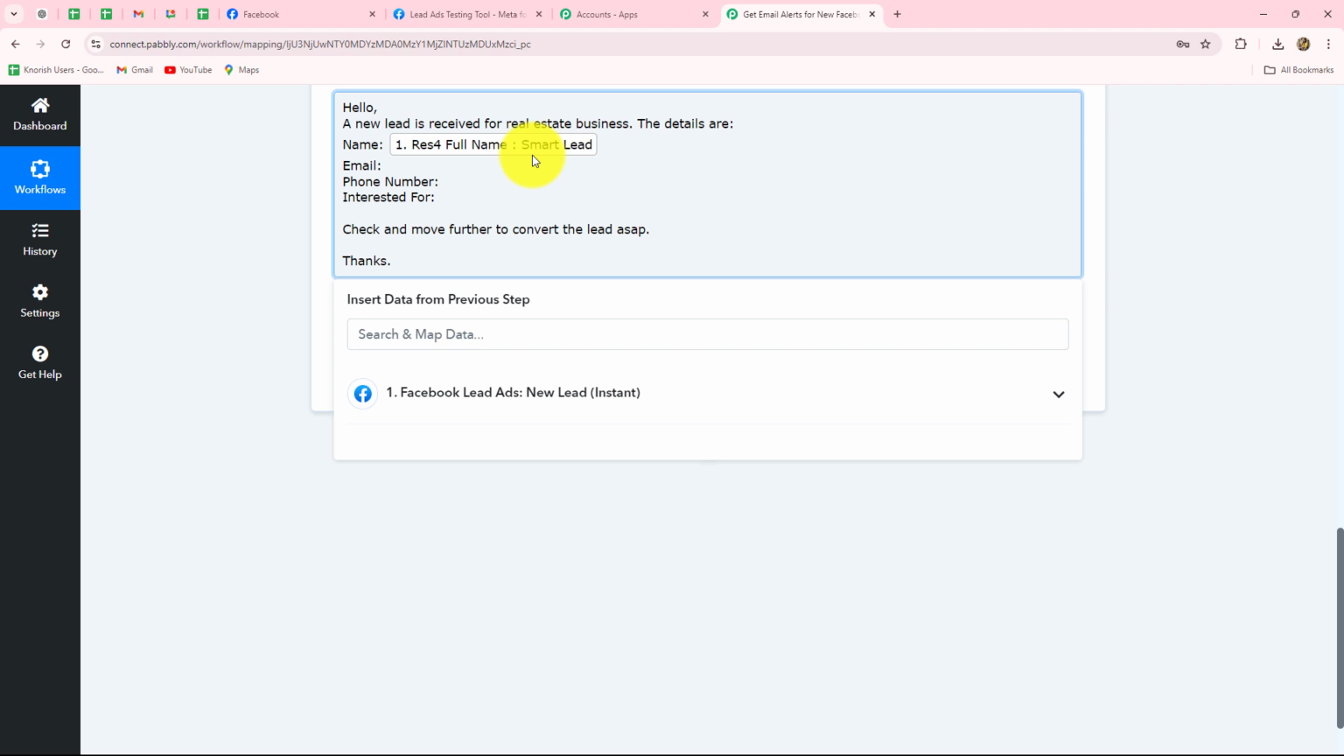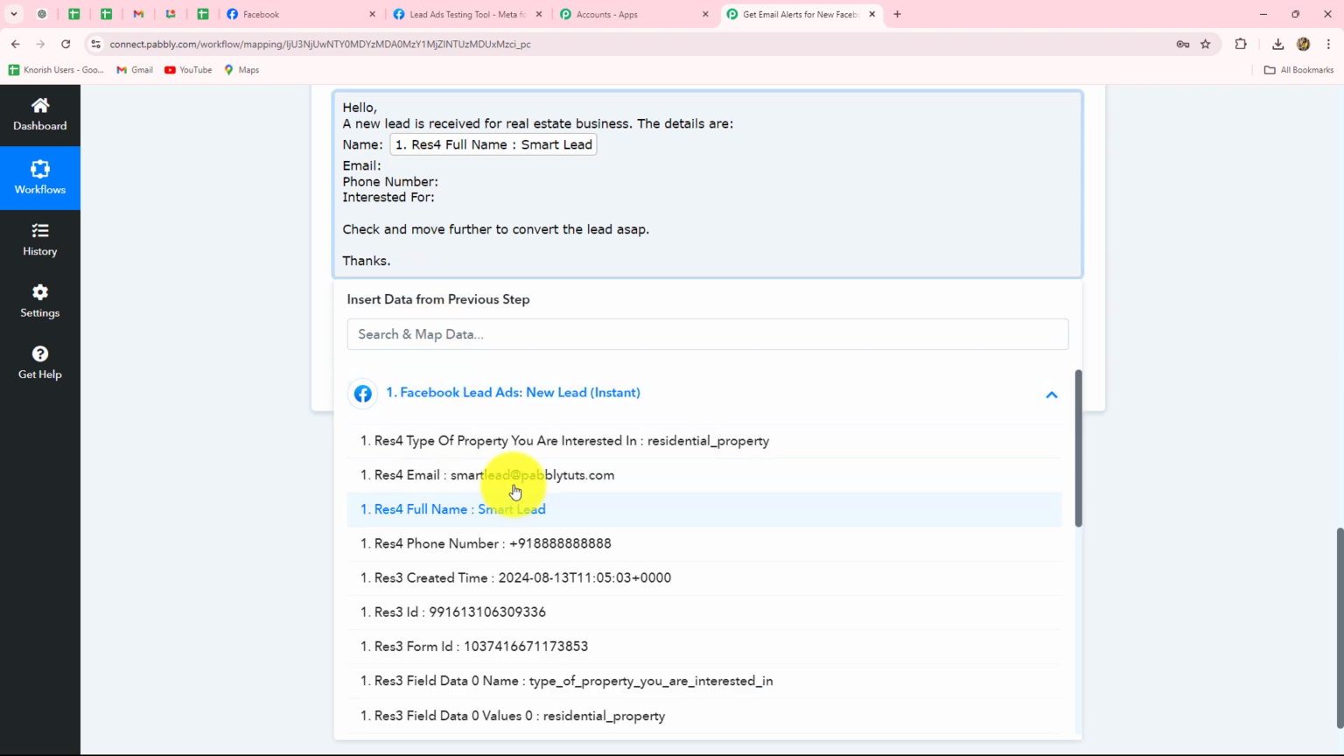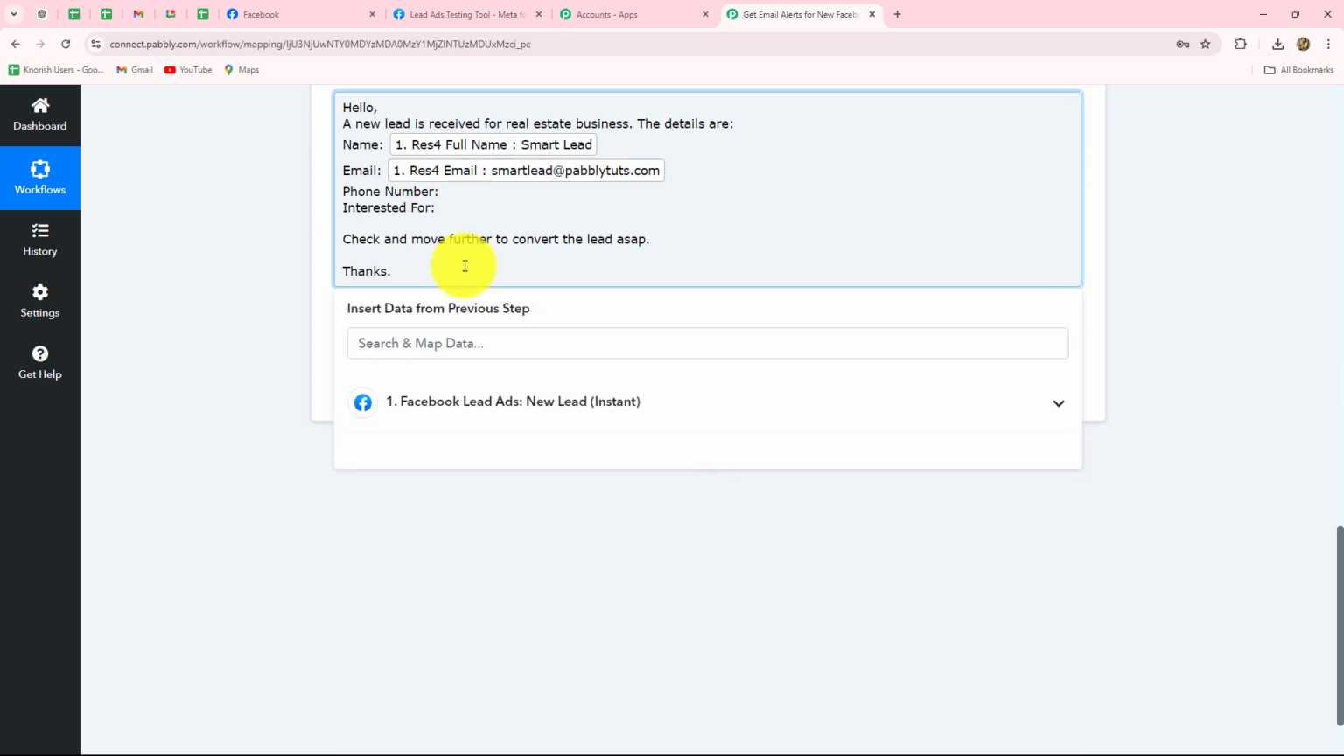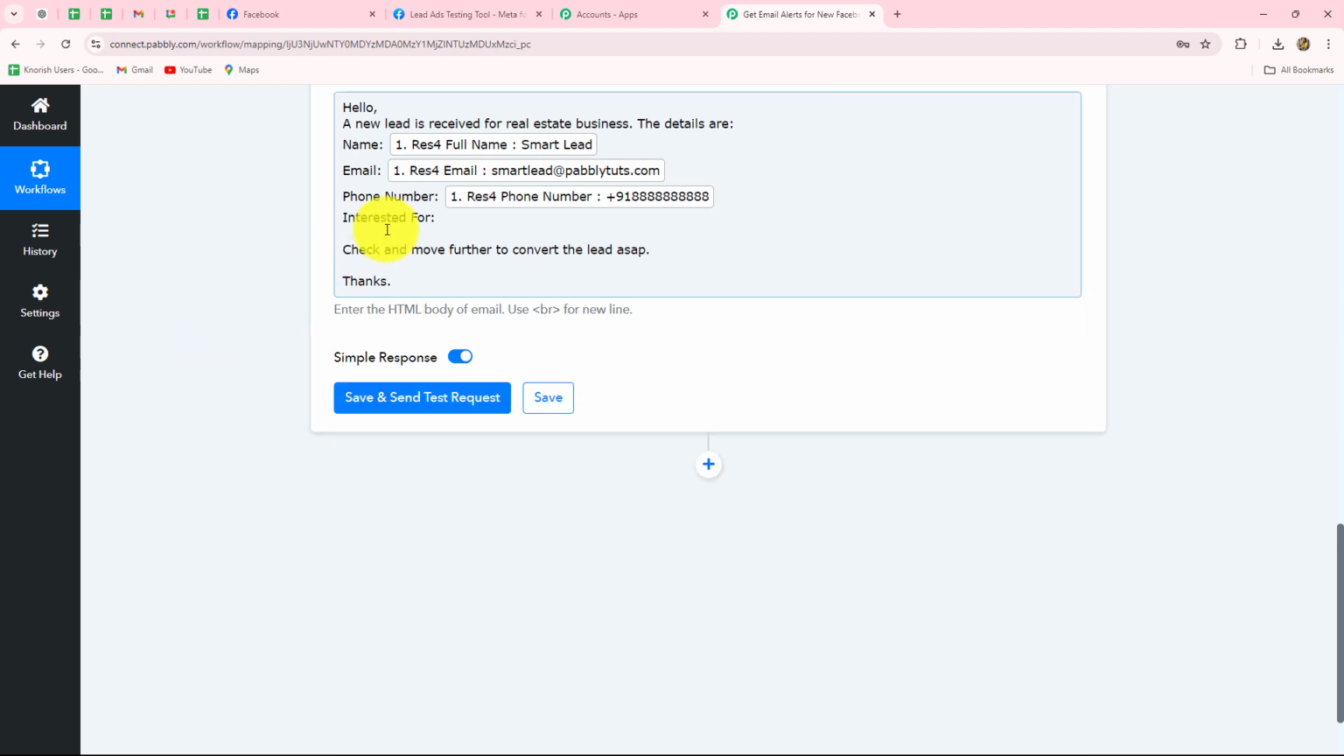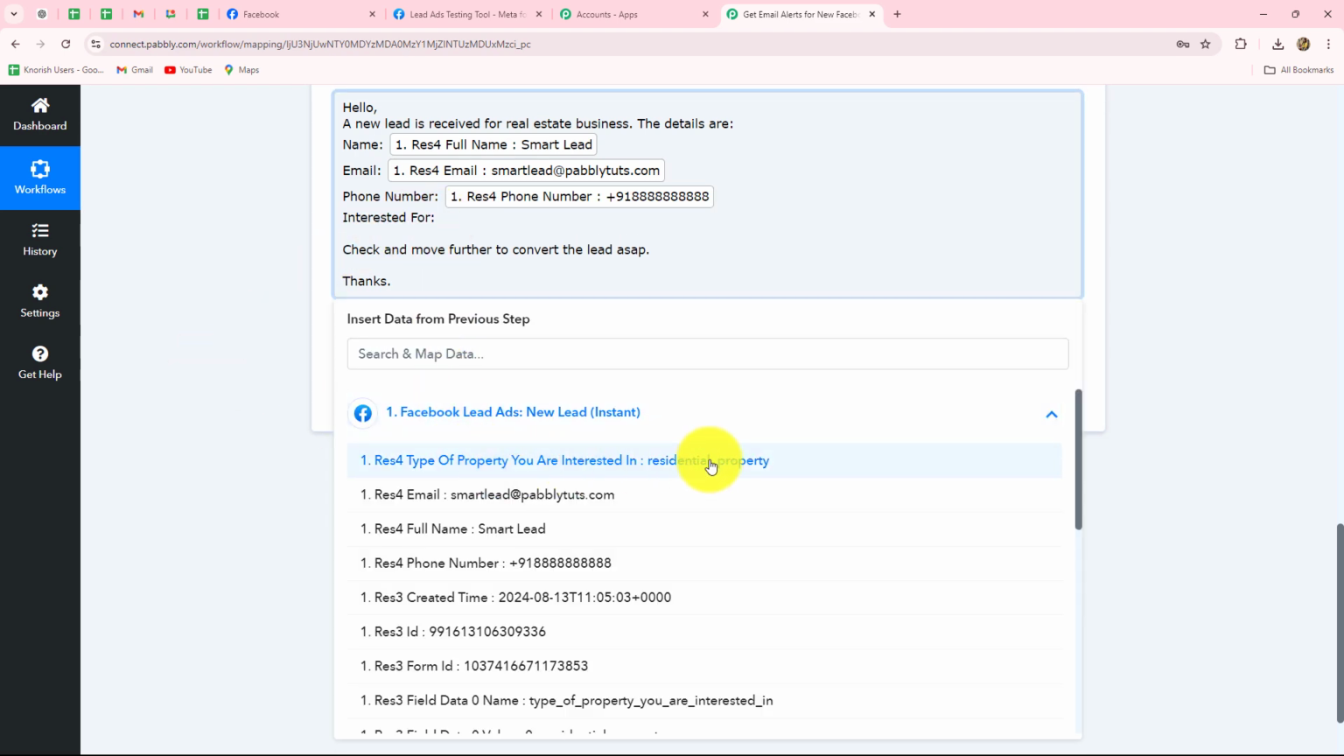So now whenever a new lead is generated from Facebook lead ads, immediately the response will be captured, and as soon as the response is captured, automatically all the details which we map over here are going to be replaced with the new details of that new lead. In this way, we are going to automate the entire process of receiving emails for every new Facebook lead. Then here we are going to map the email address of that person so that we can receive all the details automatically, then the phone number, and here